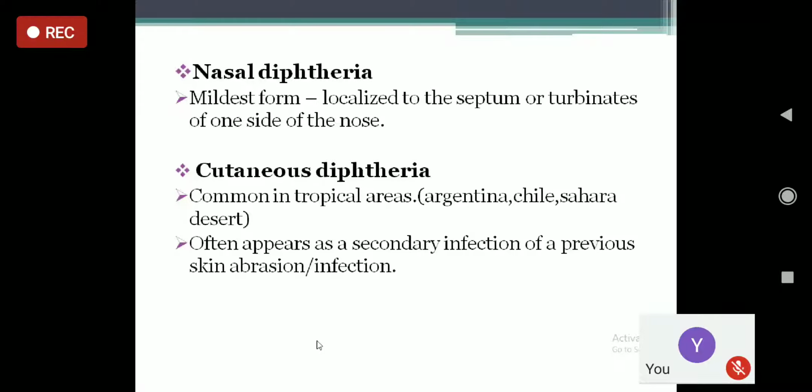The septum is the bone inside the nose which divides the nose into two, in between the two nostrils. There's a thin bone lying between the two holes. And turbinates are the long narrow passages inside the nose beside the septum, which actually help to moisten or cool the air which passes into the nose.